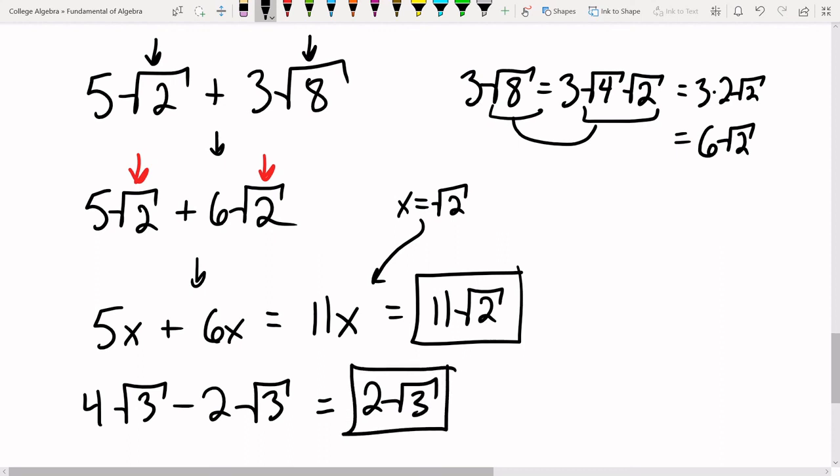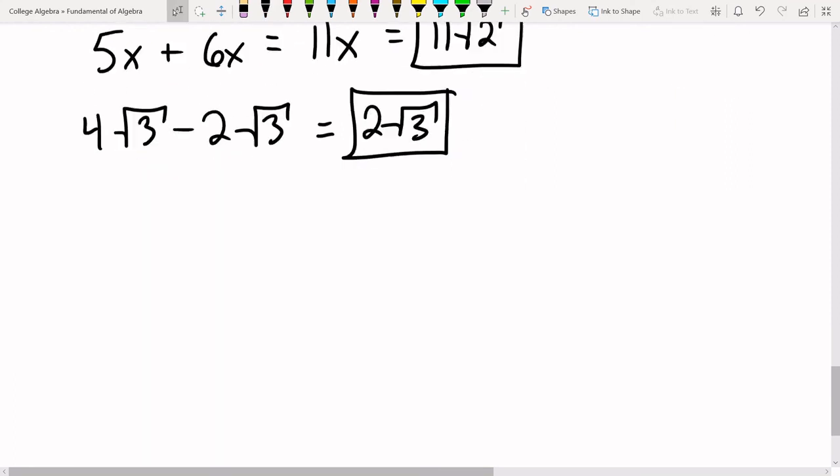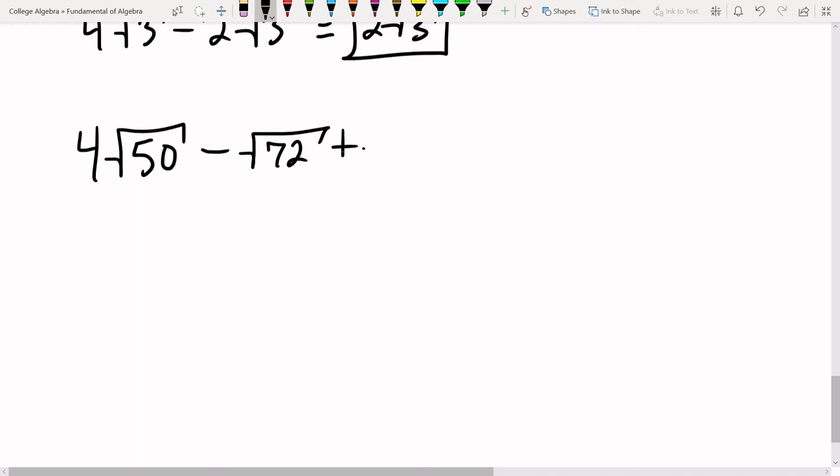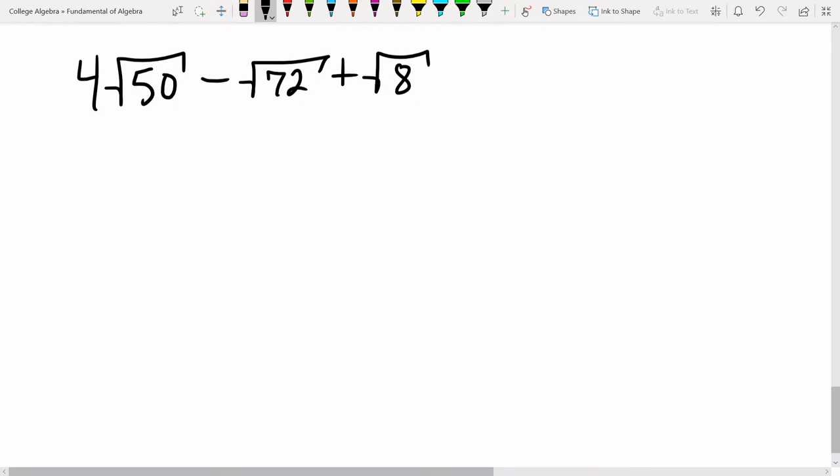And there we go. Now, let's look at one that's a little more involved. 4 root 50 minus root 72 plus root 8. So these radicals are definitely not the same, and the first thing we want to do is